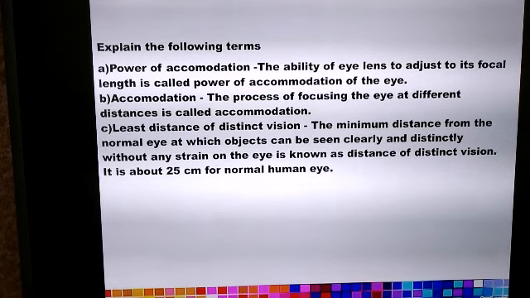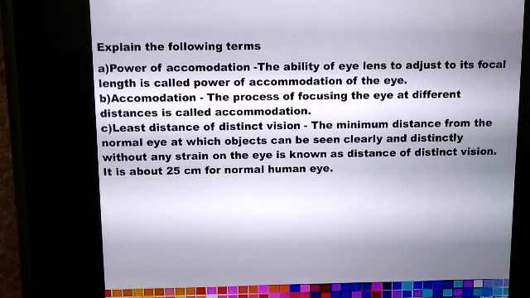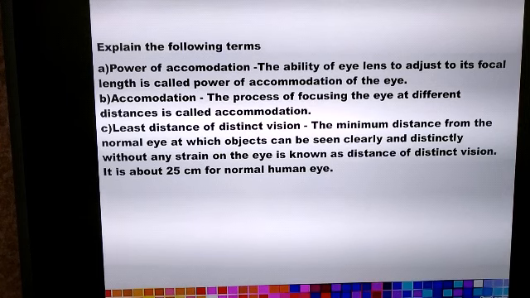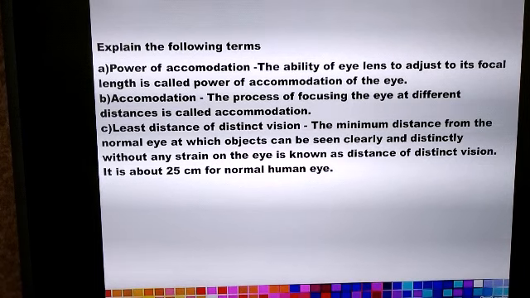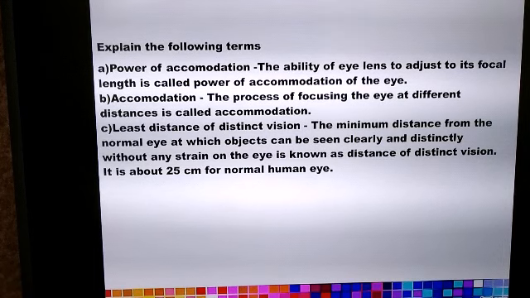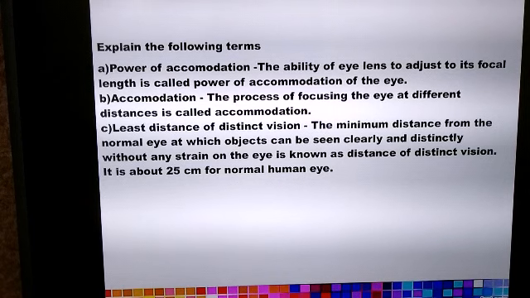So for example, if we want to read a book or a newspaper by holding it very close to our eyes, then the image appears blurred and we also experience a strain in the eye. So if we want to see any object comfortably and distinctly, we have to hold the object at a distance of about 25 centimeters from the eyes.